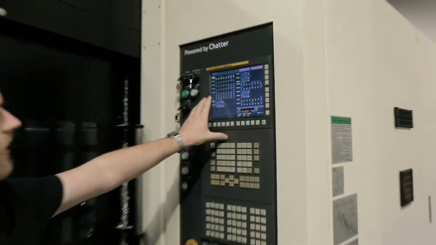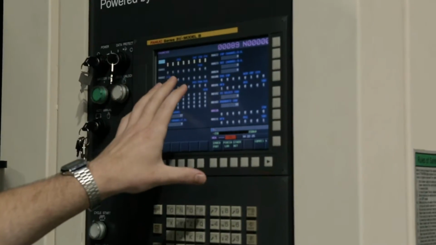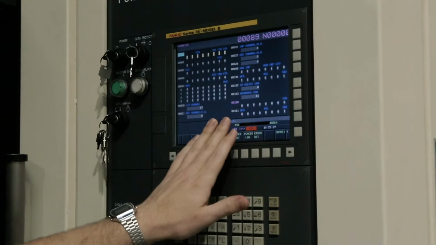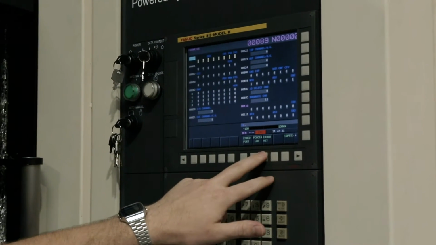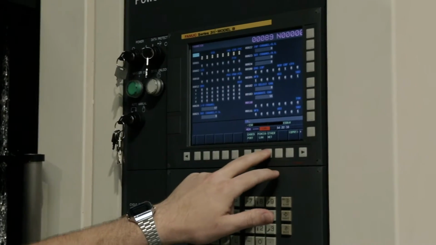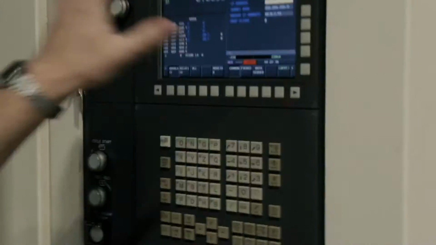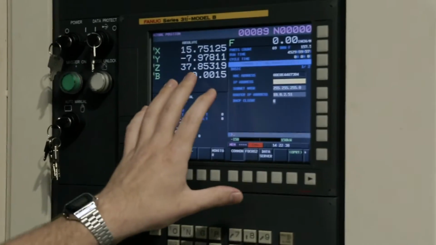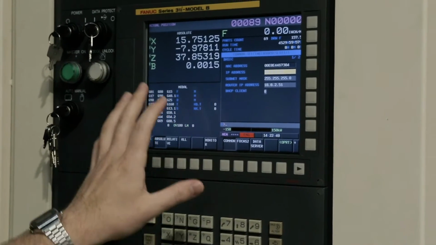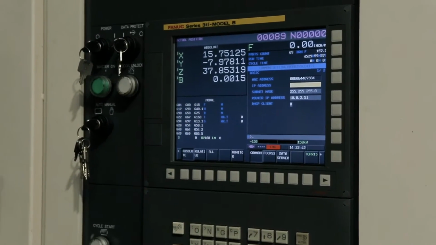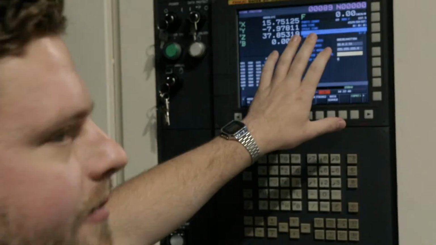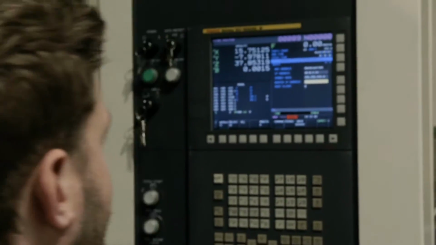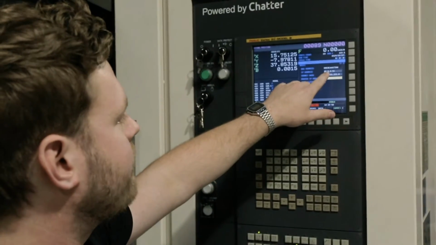So on this machine, since we have the data server installed, we're going to leave the embedded port and the PCMCIA alone. And we just want to select this interface, which is Ethernet. That's the data server. So now it's brought us into this screen where we can actually see the settings for the data server on the network. So we have a few things and a few pages. So common, that's basically where you set your IP and everything. This machine, we have it set to